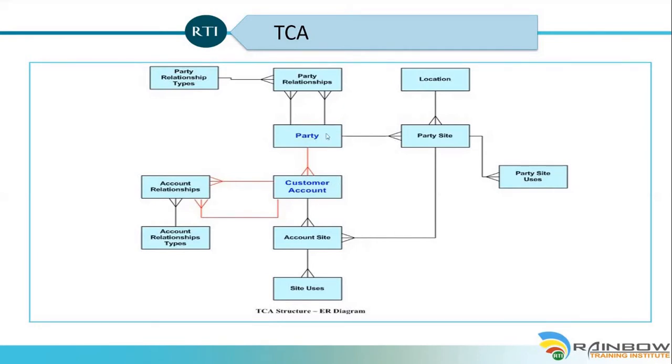What you do is normally you first create a party and then you create a party site. And when you create a party site, there will be a location attached. A location needs to be attached to party site. So these 3 will be the ones that you create first when you create a customer manually in UI. These 3 tables get populated. And after that, you create a customer account and an account site. Okay, so this customer account gets linked to party and account site gets linked to the party site. So these 5 or 6 tables are the key tables which store the customer information.